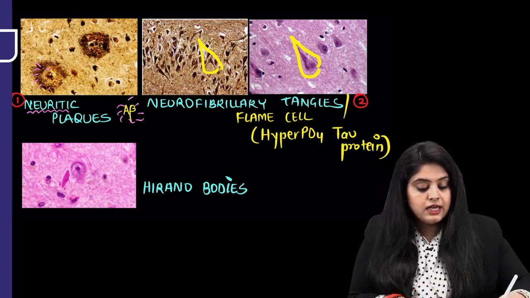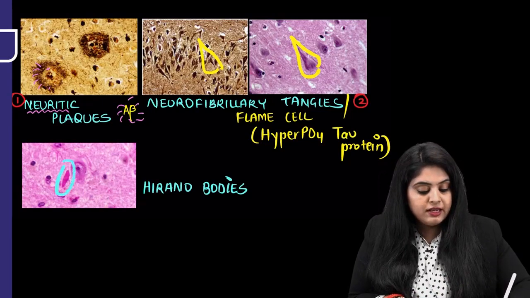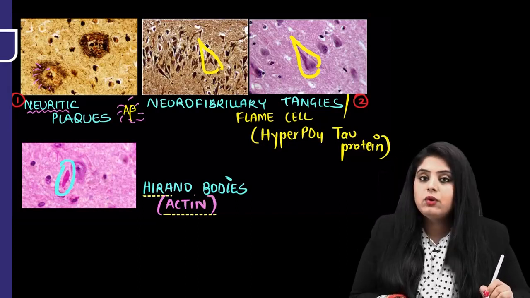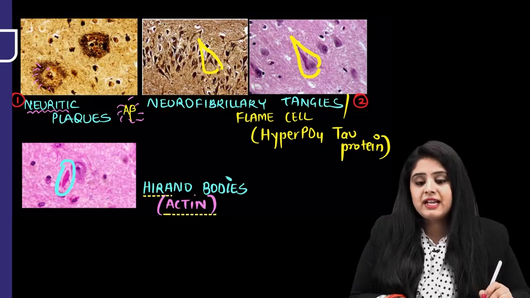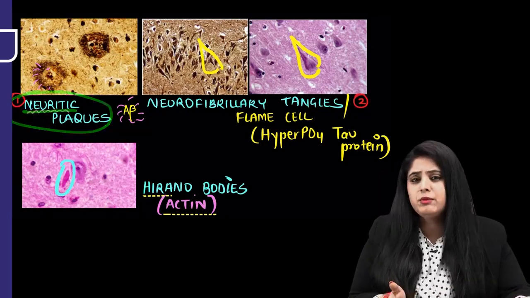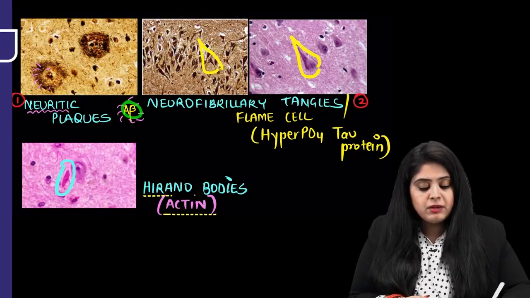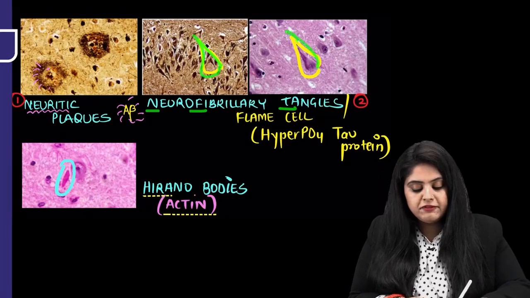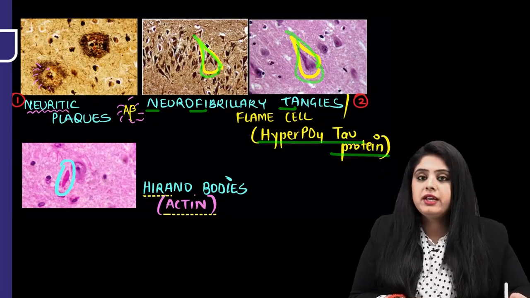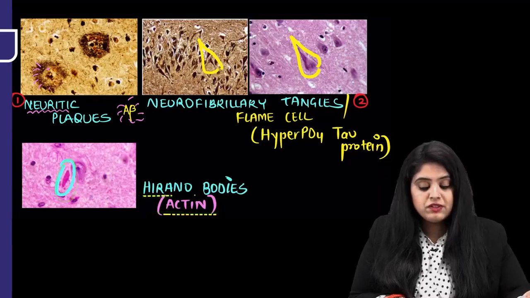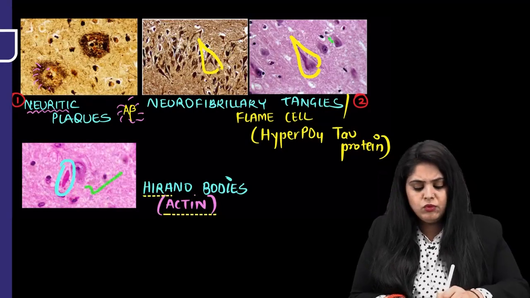Moving on to the third, Hirano bodies. You can see these needle-like bodies and they ask you what they are made up of. I'd given you a mnemonic earlier also, hero-coacting. So Hirano bodies are made up of actin. So I've told you 3 things. One is the neuritic plaques, which are of course made up of nerves and amyloid, that is A-beta. Neurofibrillary tangles, which look like the flame cells, are made up of hyperphosphorylated tau protein, and the Hirano bodies are made up of actin. Now out of this they will ask you that all these are pink and blue, but